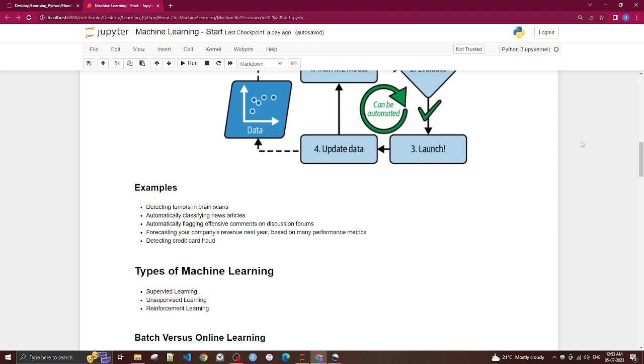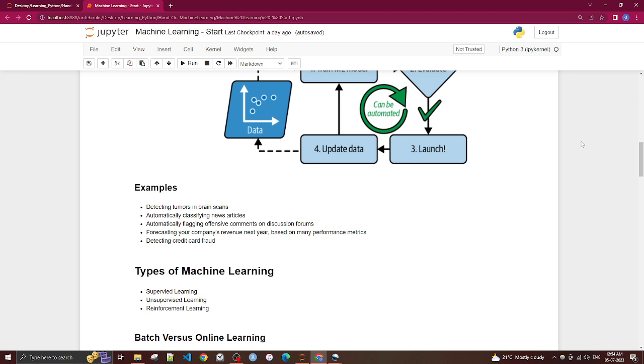That is part of dimension reduction, and it is also called feature extraction. And anomaly detection in credit card fraud is part of an unsupervised task. Likewise, there are many others, like novelty detection, which is part of unsupervised learning.